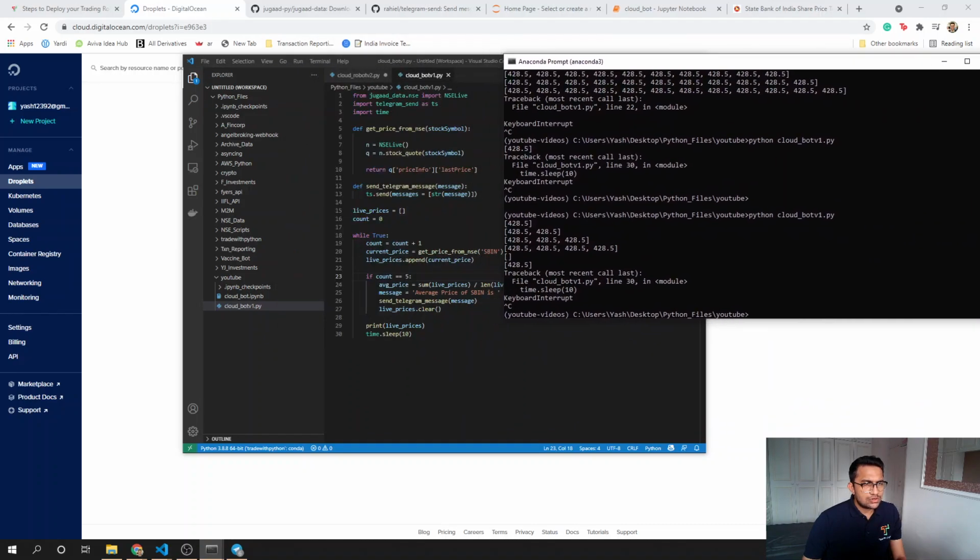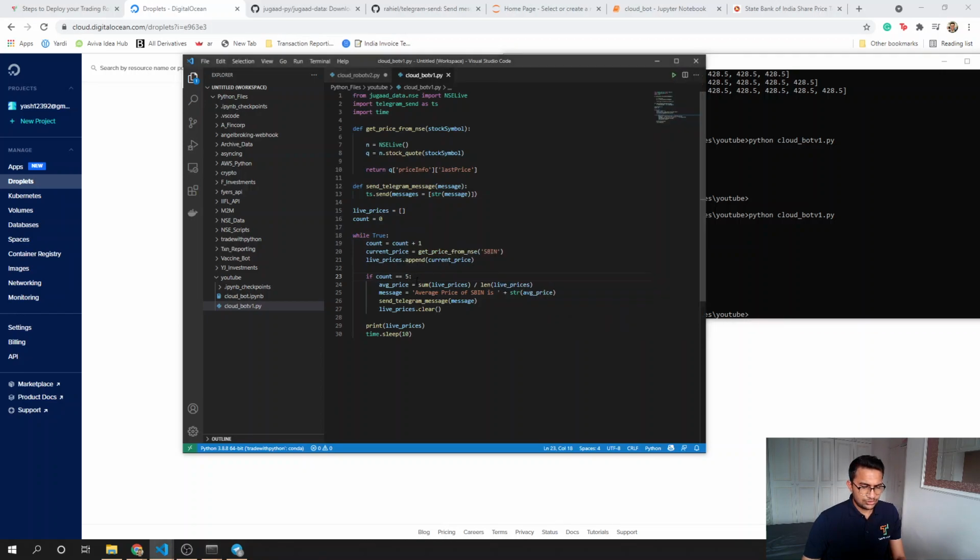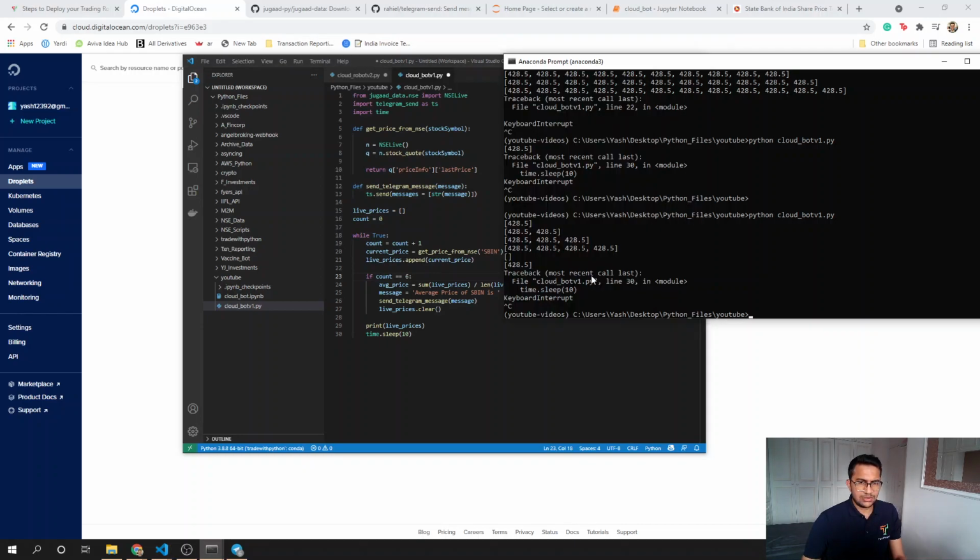So how does this work? So count is equal to zero. The first count, it will go to one. Then the second count, it will go to two, three, four, and five. So this should ideally be six because